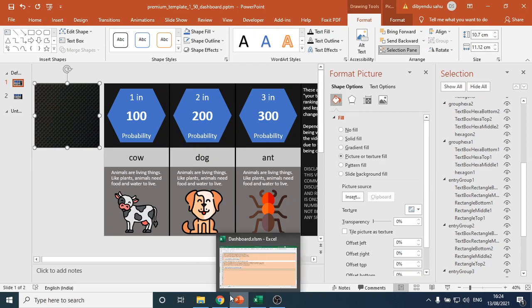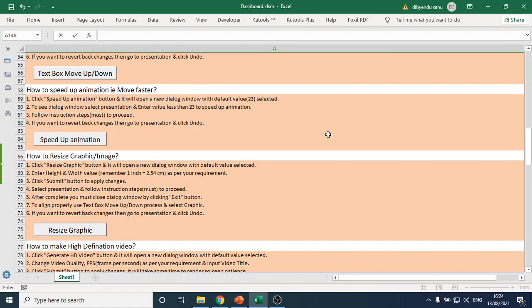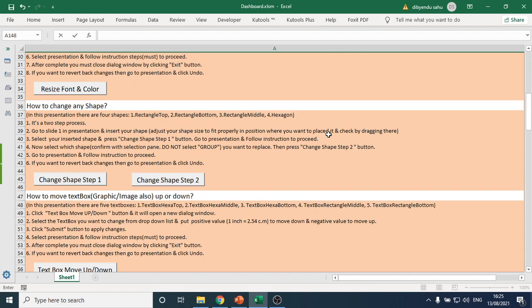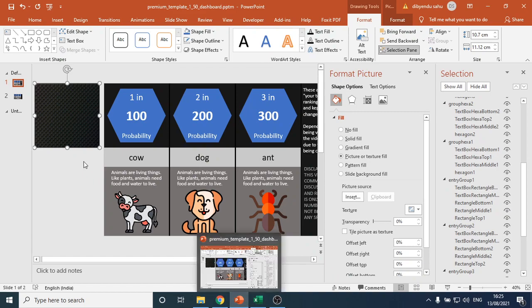So there is a dashboard, and here is a procedure how to change shape, how to change any PowerPoint shape. Okay, so this is the change shape step 1. Here is clear instruction. First I have to select the shape which is our final shape. Okay, so select this shape,